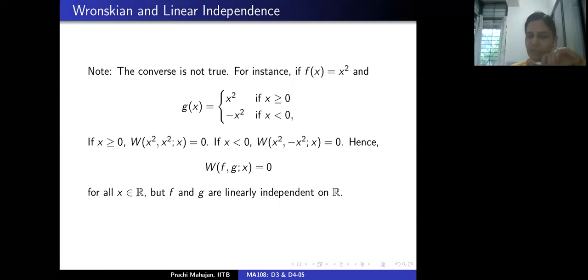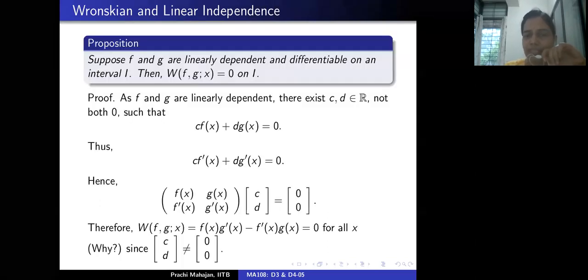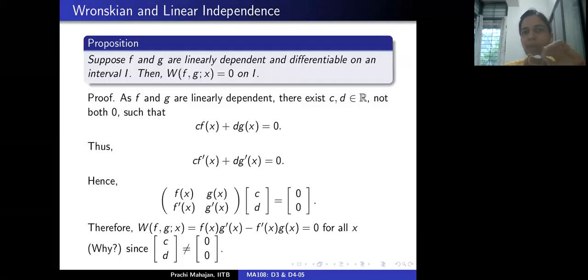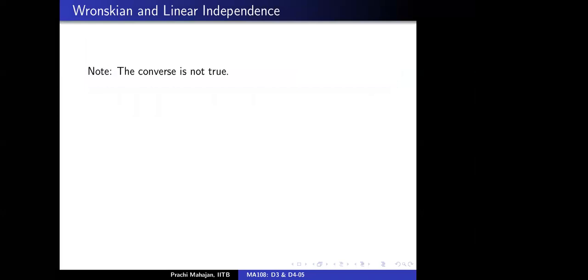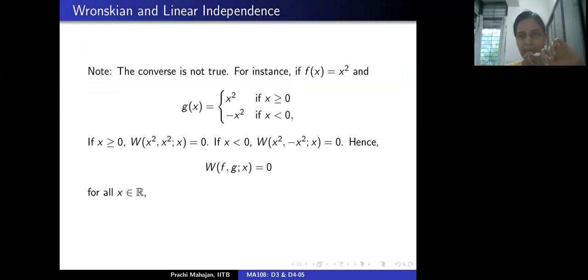That's exactly the point that we are discussing now: in general, the converse fails. But under the special case when f and g are solutions of a certain ODE, then what can be said? Please hold on, we are going to discuss that next. You are very right in your observation that we should be able to extract something more out of it.